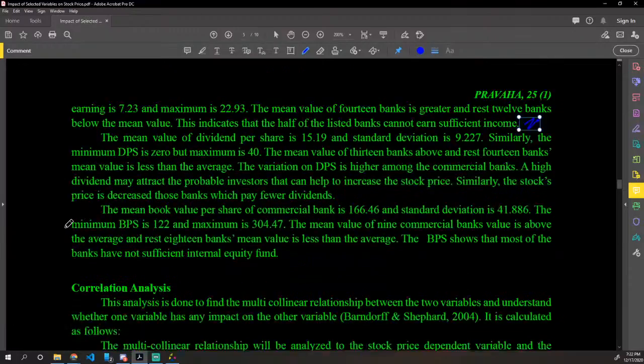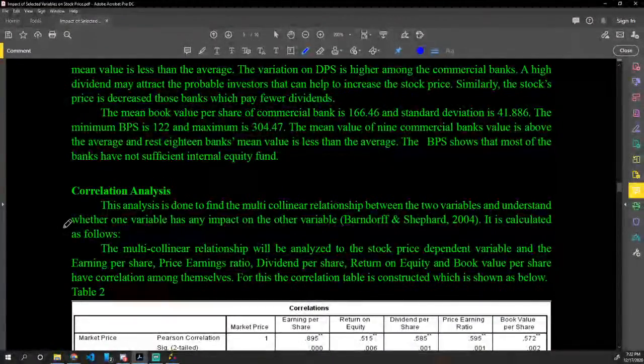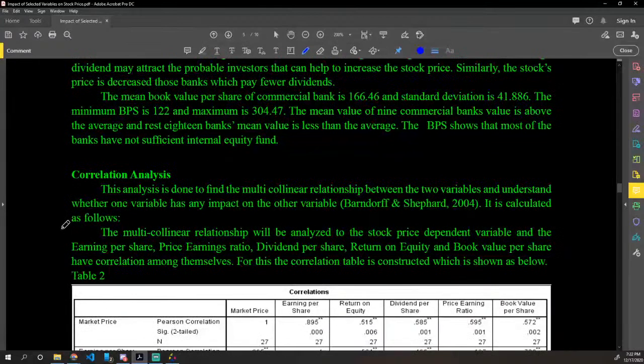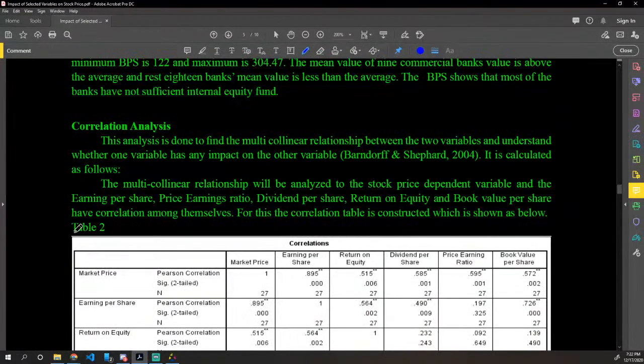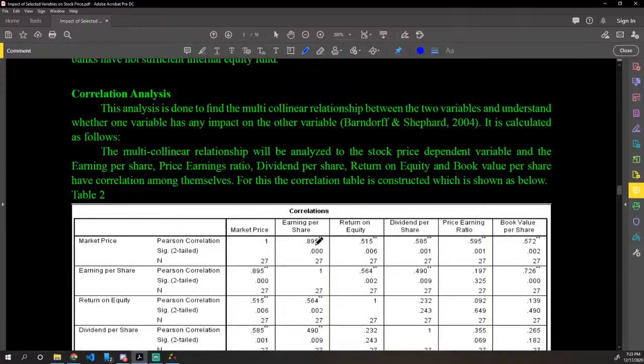Okay, so correlation analysis is done to find the correlation relationship between two variables and to understand whether one variable has any impact on the other variable, right? So that is just normal correlation. Market price and market price, of course, there will be a correlation of one in that, not any big thing in that. However,